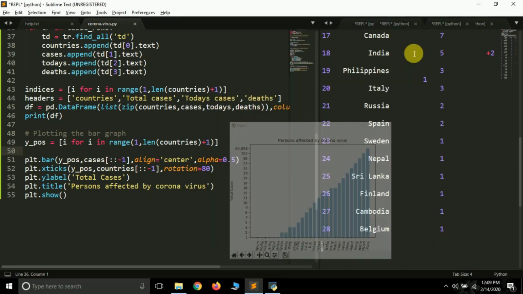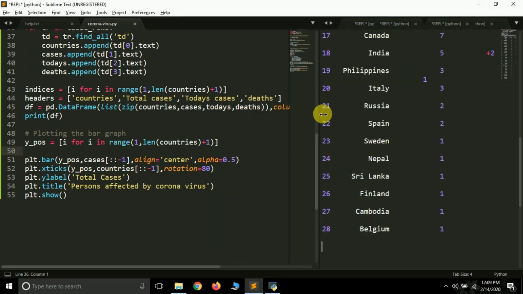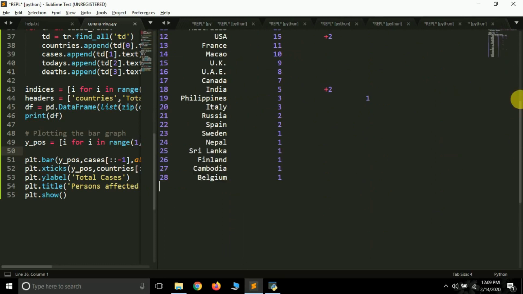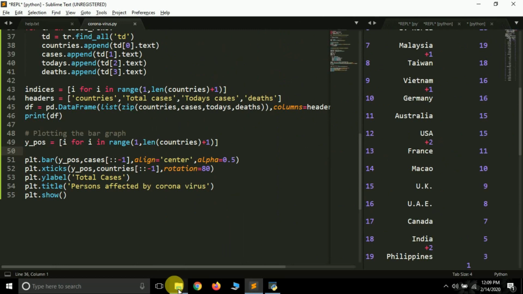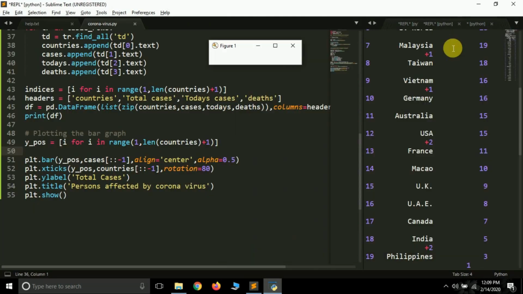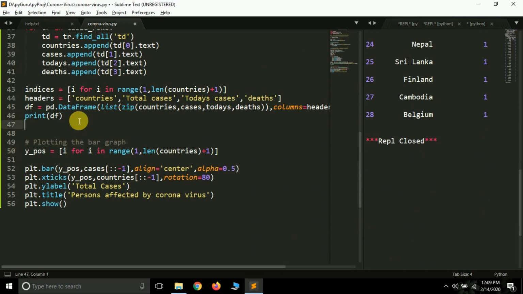And now what we have to do is save our table and the bar graph. So how can we save the table? Simply we have to do one thing. See, inside the folder here we are not saving anything, so we have to save the table and the bar graph. How can you save it? Simply type